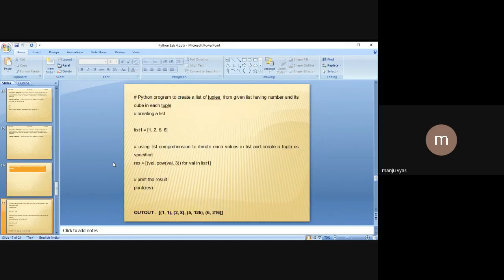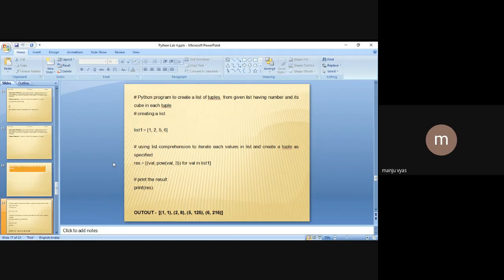What we are going to do is create first a list of numbers, and then we'll create the tuple. A tuple is a combination of two values, right? All of you understand the meaning of tuple. So we will take a number from the list and find the cube of that particular value. The tuple will be created as the value from the list and then the cube of that. Again, the next tuple will be the second value from the list and then its cube, the third value and its cube, the fourth value and its cube, right?